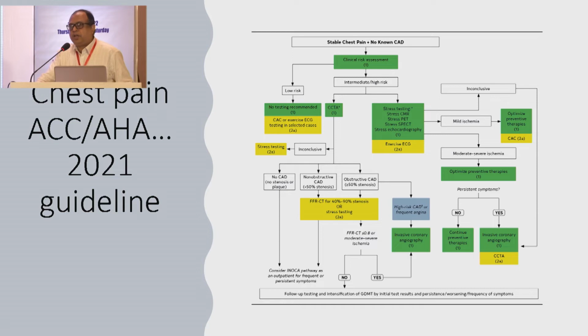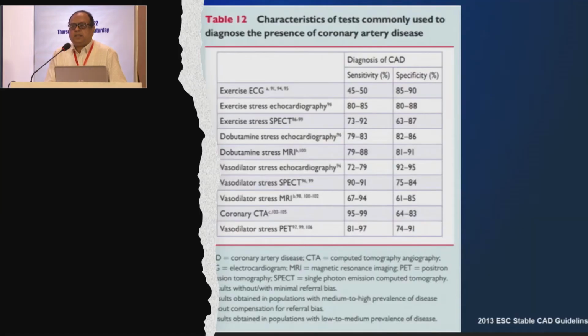Actually, according to the 2021 chest pain guideline, if you see an intermediate to high probability case, there are two modalities with a class 1 indication. One is CCTA, I mean CT coronary angiogram. Another is stress test. So next, let's see how accurate the diagnostic